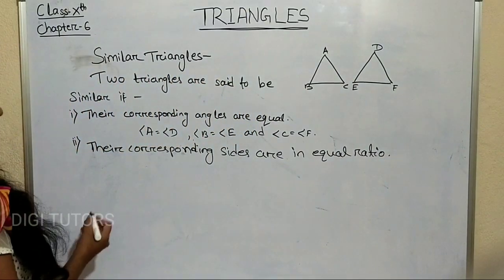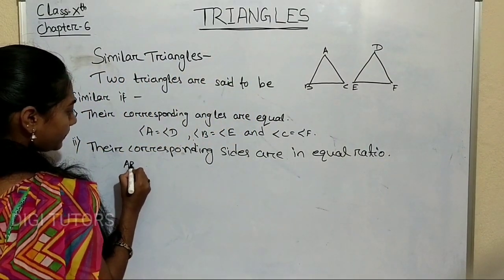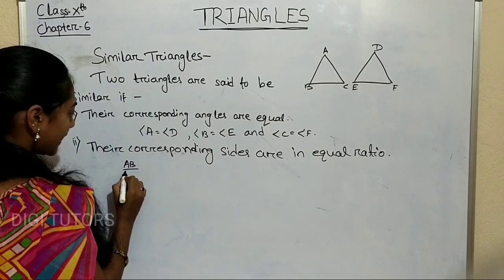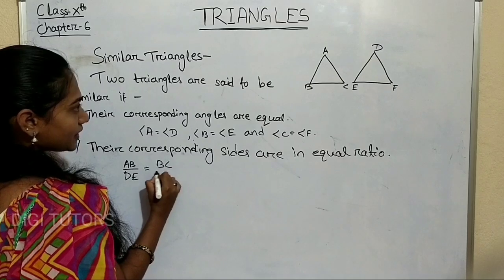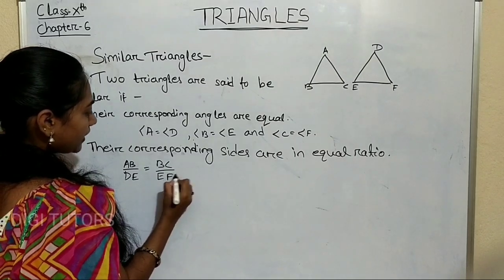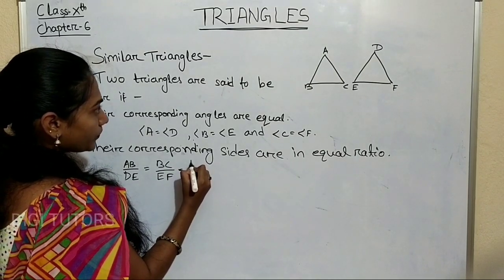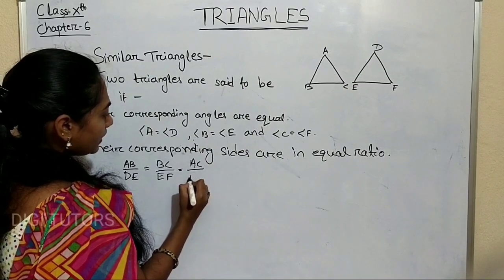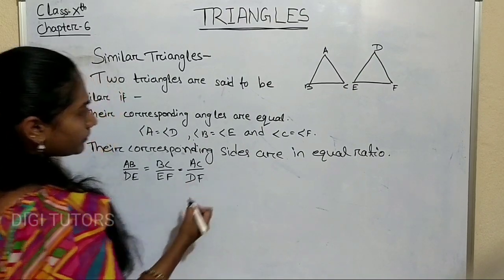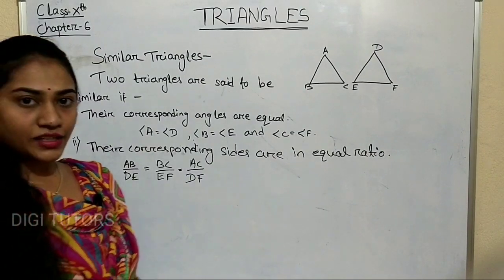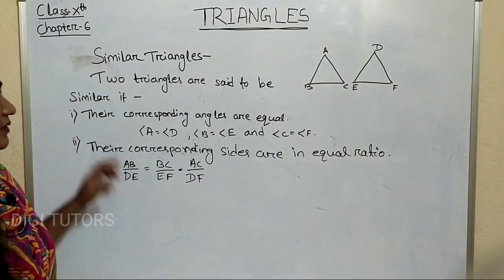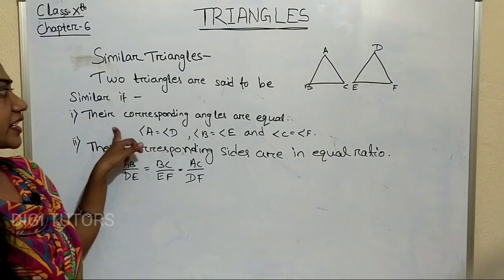Their corresponding sides means AB by DE is equal to BC by EF is equal to AC by DF. Okay, so two triangles are said to be similar if they satisfy these two conditions, that is their corresponding